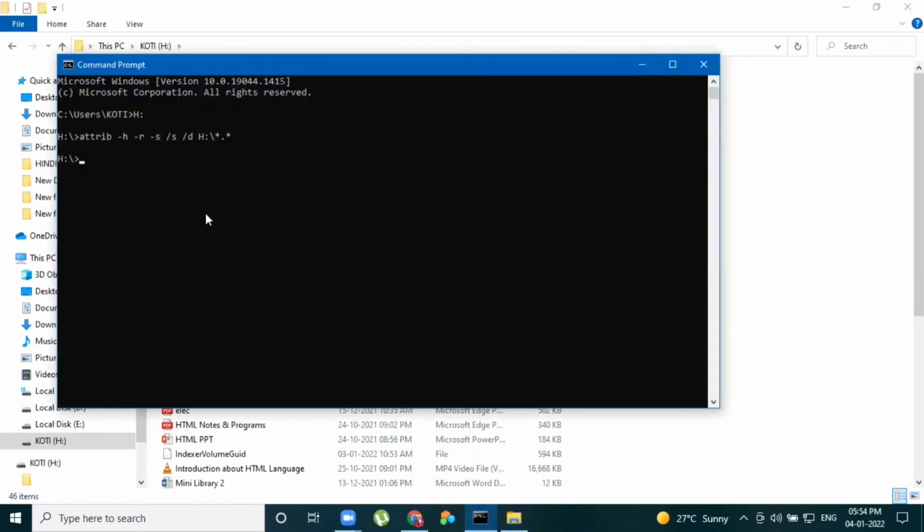So hope you all have got good information and very useful information. When your pen drive got affected with virus, how can we restore and recover your data? So hope this can be very helpful to you all.